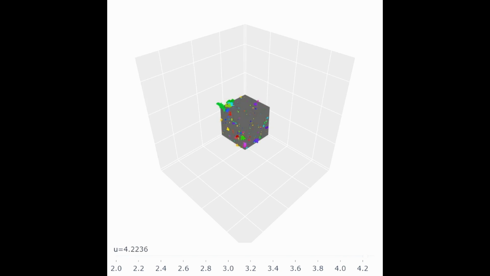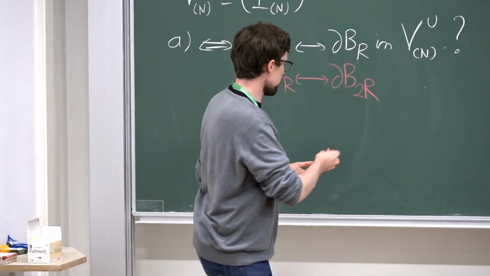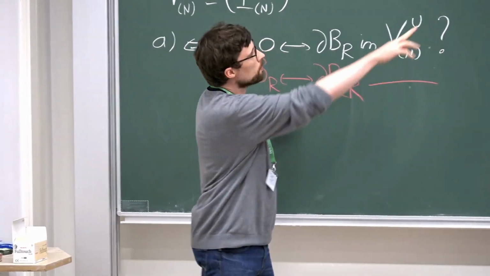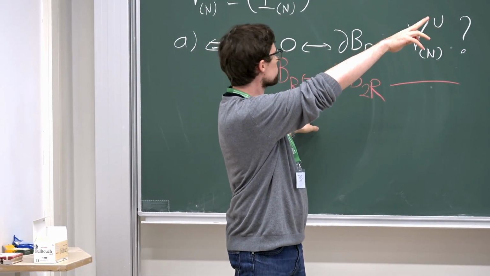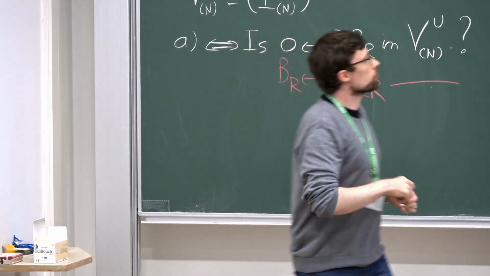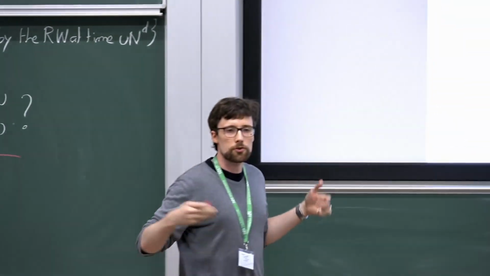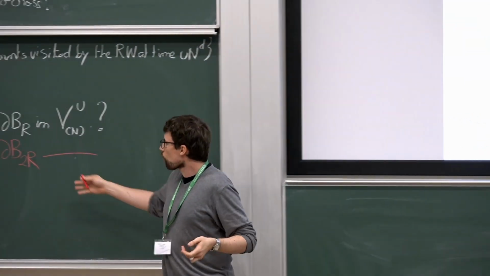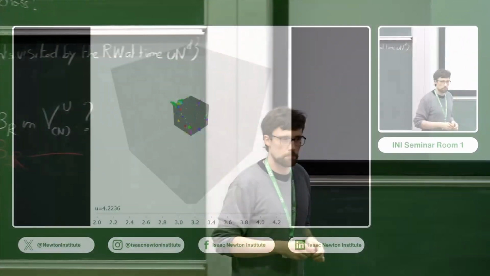Okay, so this is the problem that I'm looking at here. So in black, there is my box BR. I think R is like n/4 or something like that. And the colors are all the clusters in the vacant set. So I'm looking at whether I can go in the vacant set from my black box to a twice bigger box. And each different color is just a different cluster in the vacant set. They play no role in this question, but it's just for visualization purposes.